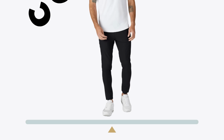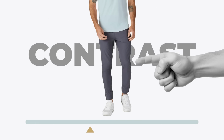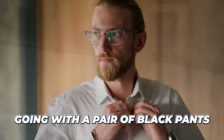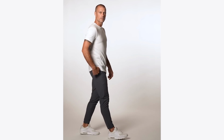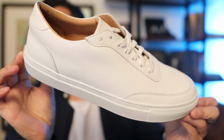Why does this matter? Because it reduces the amount of contrast between the top and the bottom. For a lot of guys out there, especially those with light hair, light colored skin, going with a pair of black pants with a white shirt is too much contrast. Now this combination is a little bit gentler, and look what it does for the shoes. Now match this combination up with a pair of white sneakers, you've got a cool, crisp, refreshing look for the